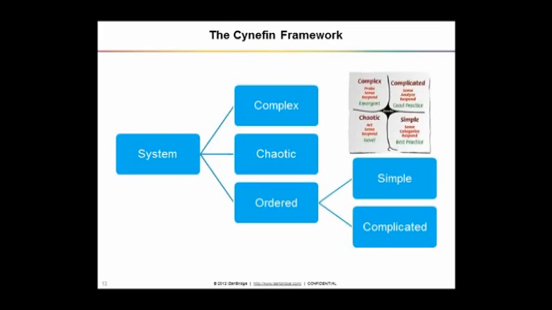Now, complex, chaotic and ordered. So simple and complicated are basically both ordered systems. We do have a defined process. The difference between these two is complicated has various ways of doing things and all looks good. You need to do a good amount of data analysis to find the best, but simple has only one right answer. You know that this is the right way of delivering burger. Simple system.